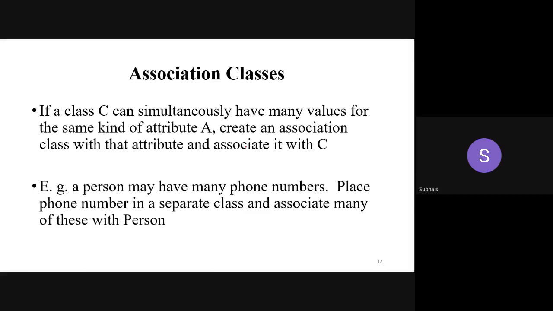A student cannot have more than one roll number. It is not at all possible. A student can't have more than one register number. A single student can't have more than one name. He can't have more than one date of birth, but he may have many phone numbers. What else can be added for an association class? He can have many mail IDs, personal ID, college ID, etc. So you can give mail ID as the attribute, but that attribute can have different values. So you make that mail ID the association class. Then you enter all those mail IDs one by one. Got it?